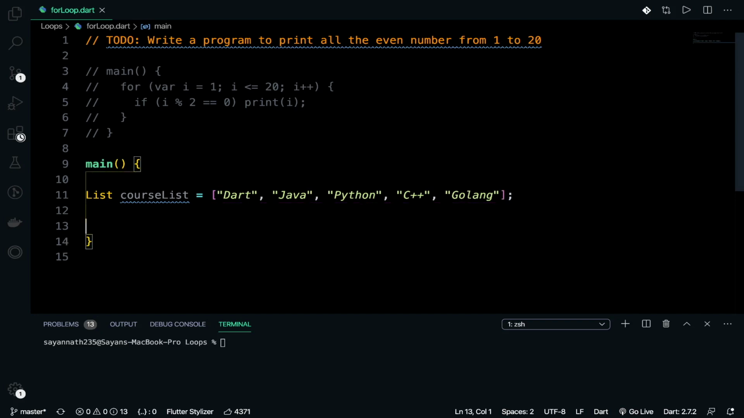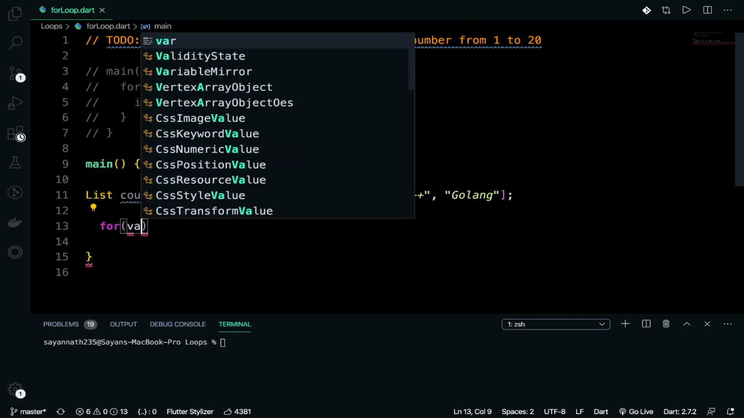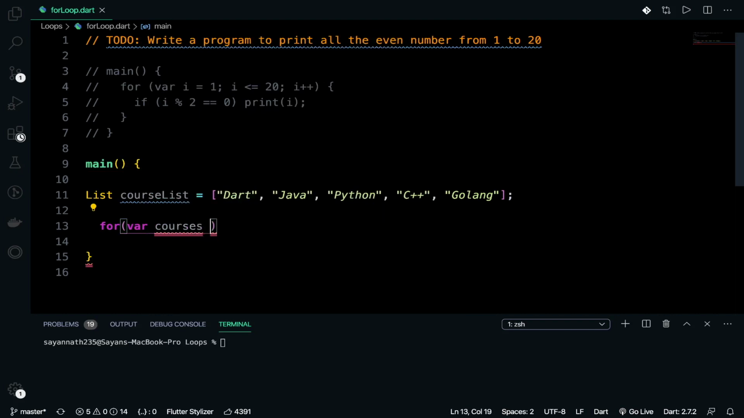Now we have a task that we have to print all these things, and we have to iterate through it using a loop. In the previous video I showed that you can print this by using courseList directly, but it's not a very good thing. We need to iterate through it, and we can perform different actions also. So for that we need the for in loop. Okay, so how does this work? For var courses in this one,